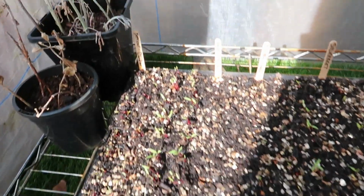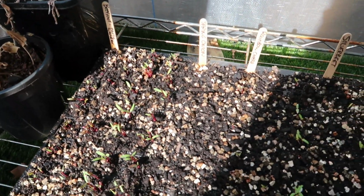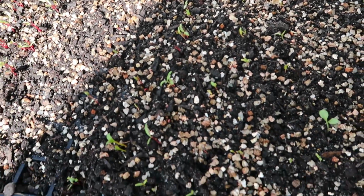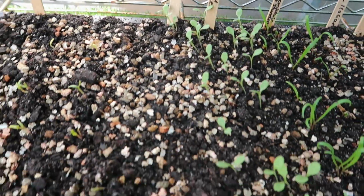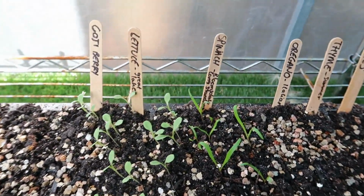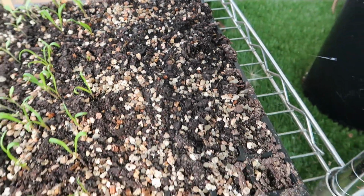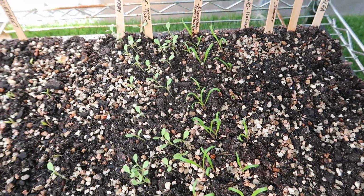Underneath I have just like a spring crop. So there's some beetroots, some spring onions, rainbow chard, silver beet, they're all germinating. Goji berry, which is germinated. A couple have germinated at the top there. We've got some lettuces, spinach, oregano, thyme, chives and echinacea. None of them have germinated, but some of the spring